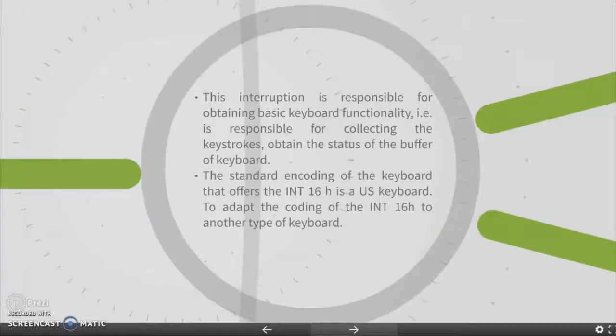This interrupt is responsible for obtaining basic keyboard functionality. It is also responsible for collecting the keystrokes and obtaining the status of the keyboard buffer. Also, the standard encoding of the keyboard that interrupt 16H offers is a US keyboard. To adapt the coding of interrupt 16H to another type of keyboard,